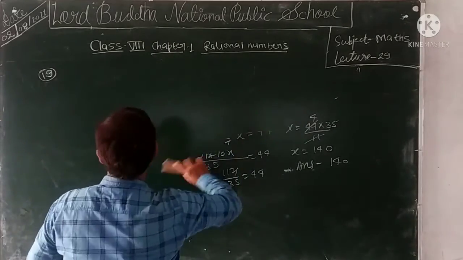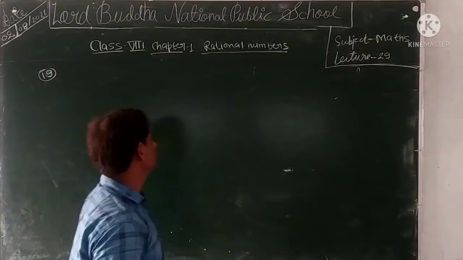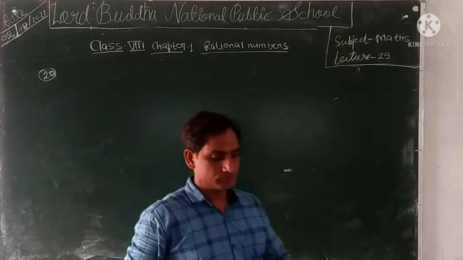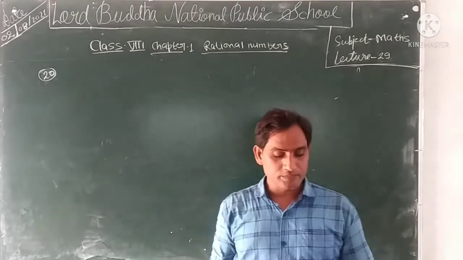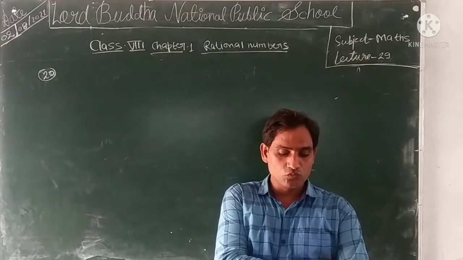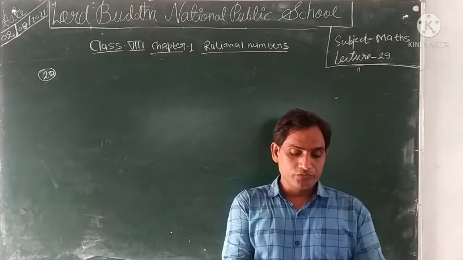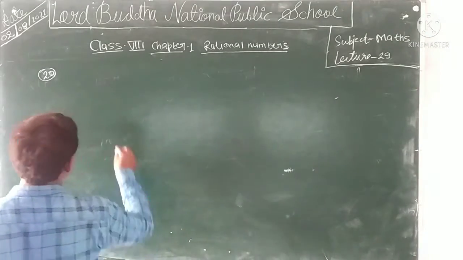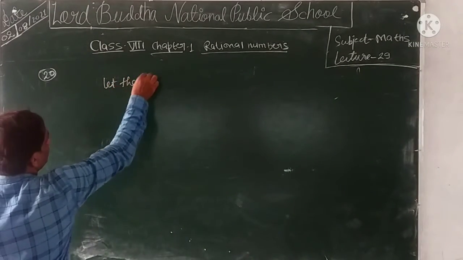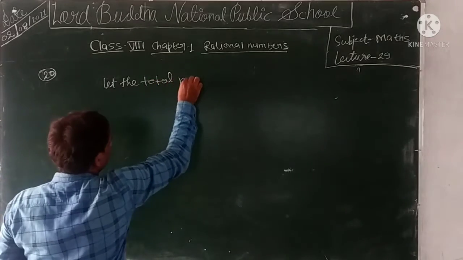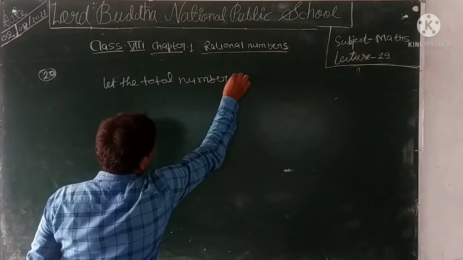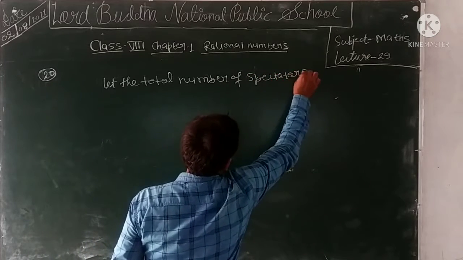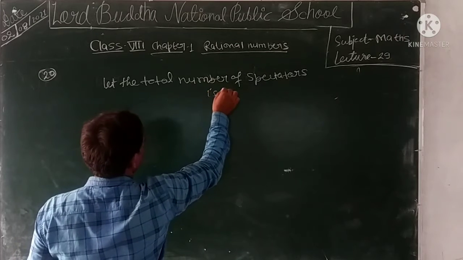Question number 20. At a cricket test match, 2/7 of the spectators were in a covered place while 15,000 in open. Find the total number of spectators. Let the total number of spectators, the total number of spectators are